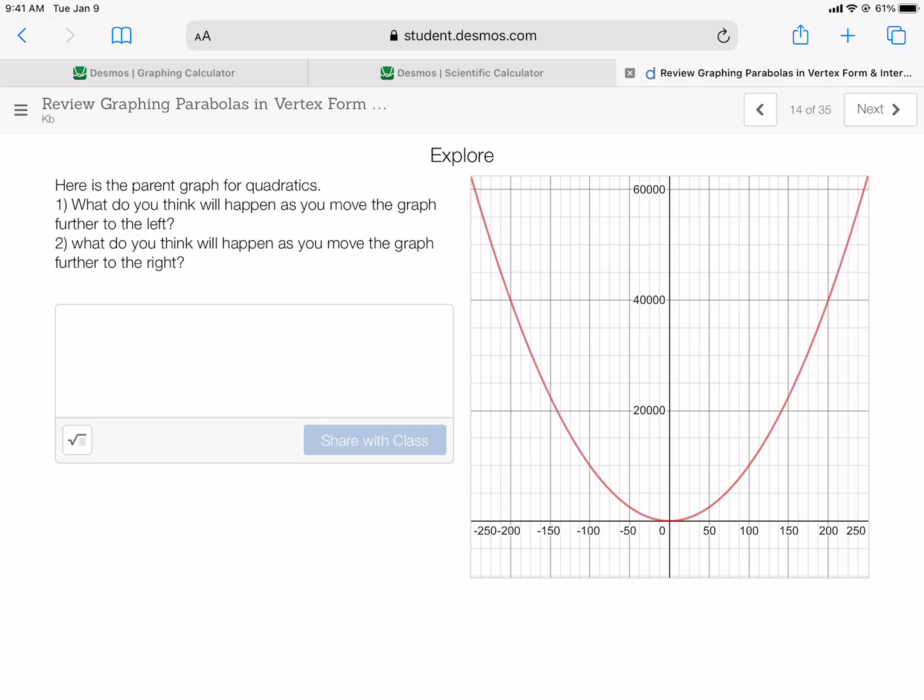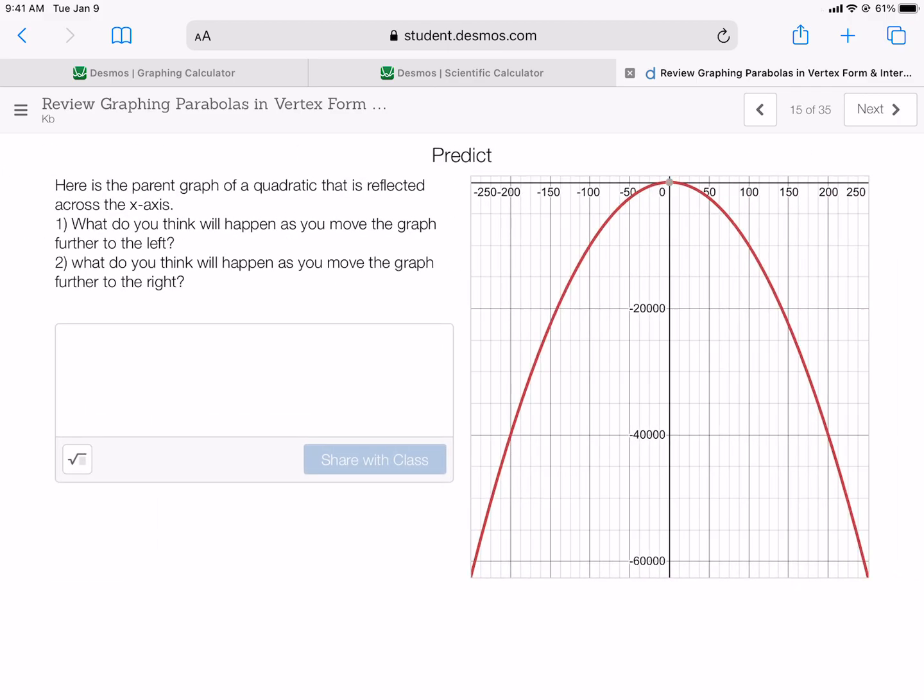Okay? So as we continue to go further left from here, we would continue to be going up further. And as we continue to the right here, we would be continuing to go to the right further. So it continues all the way to the left and all the way to the right. So that gives us our domain value,